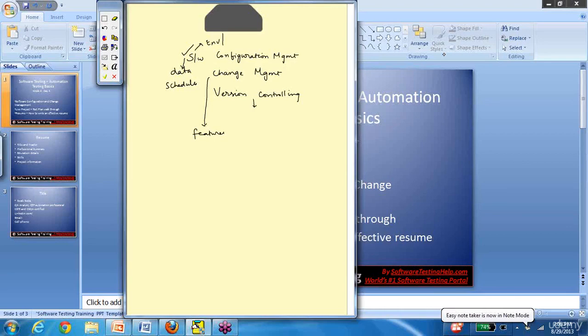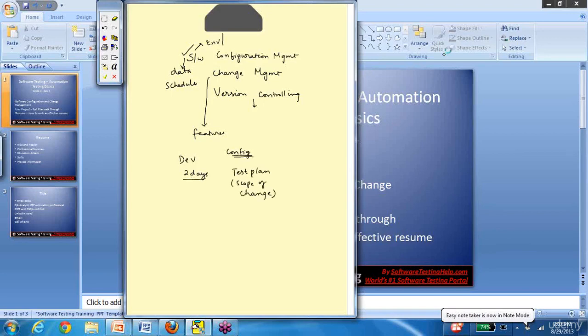Say that certain delays have happened in us getting the build. The development team delayed the whole process by 2 days. It is the responsibility of the configuration management team to make sure that this 2 days is updated in the test plan and the scope of change is identified.